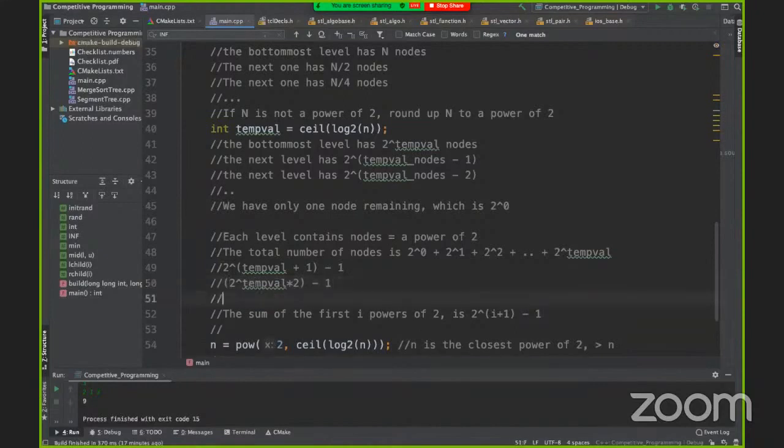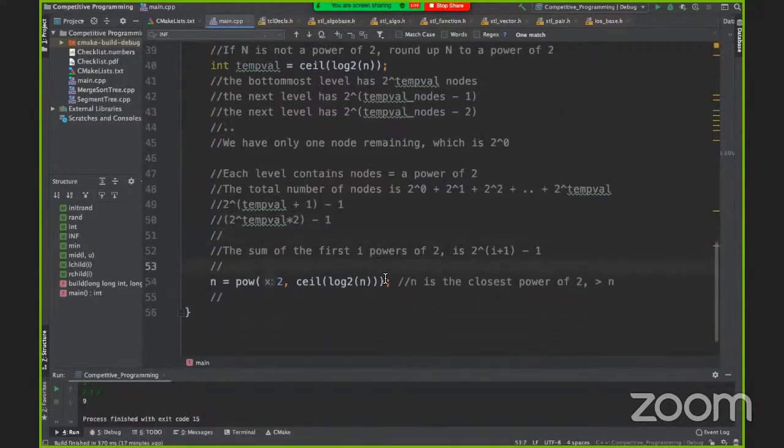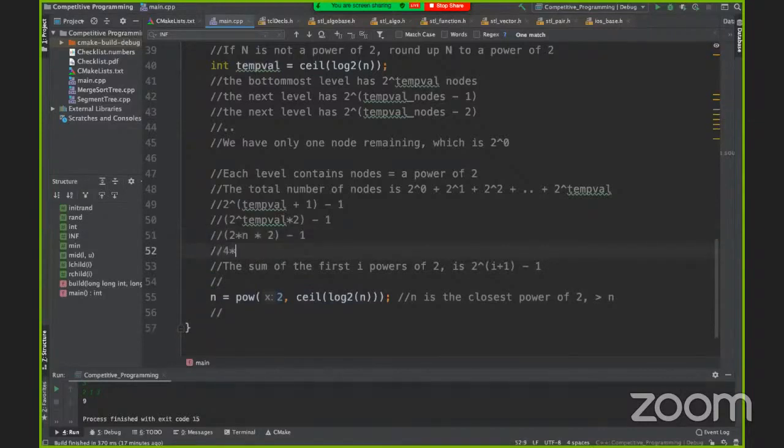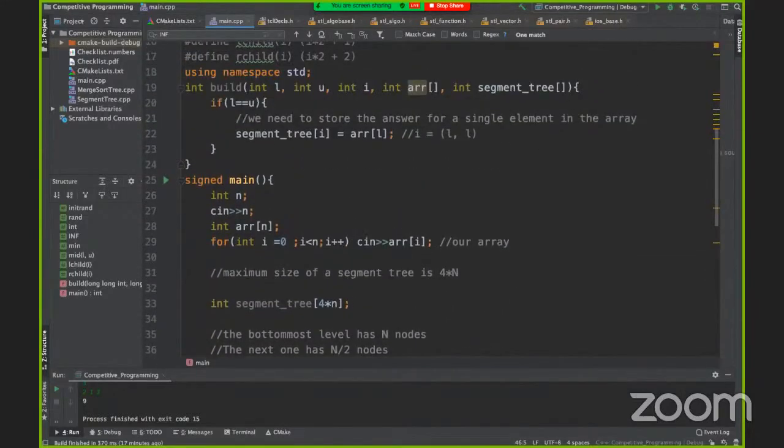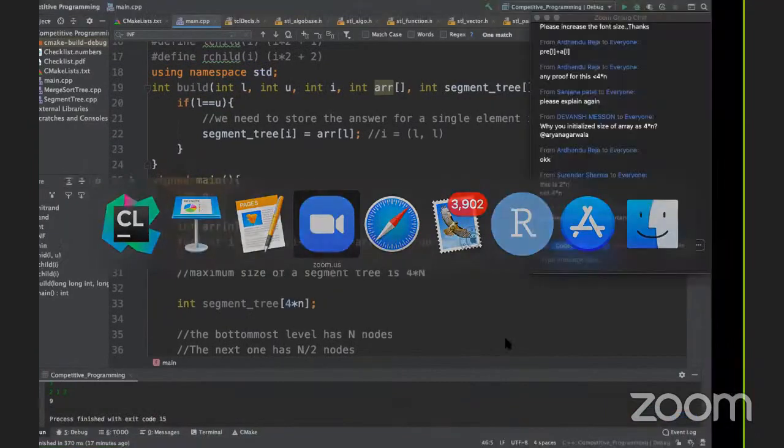Now 2 to the power temp val is basically what we did here, right? And this value can never be more than 2n. So let's just use its bound, which is 2 into n multiplied by 2 minus 1. So we get 4n minus 1. That's why the limit on the size of a segment tree is 4n. I never thought about that before now. I hope the reasoning for it being 4n is clear.